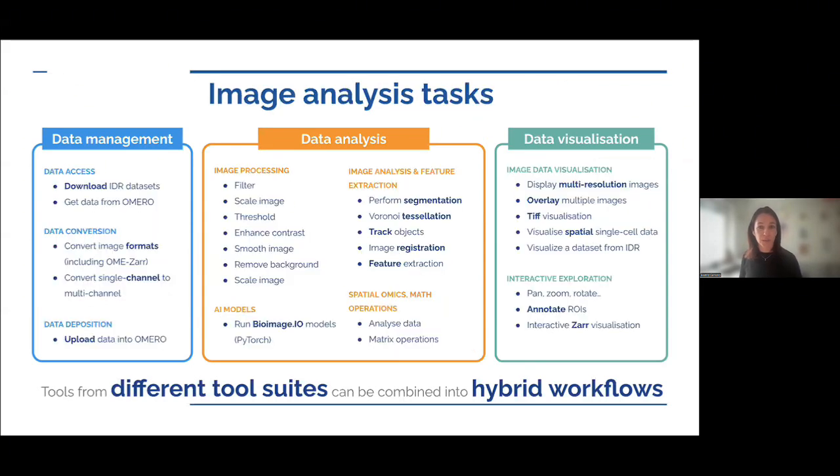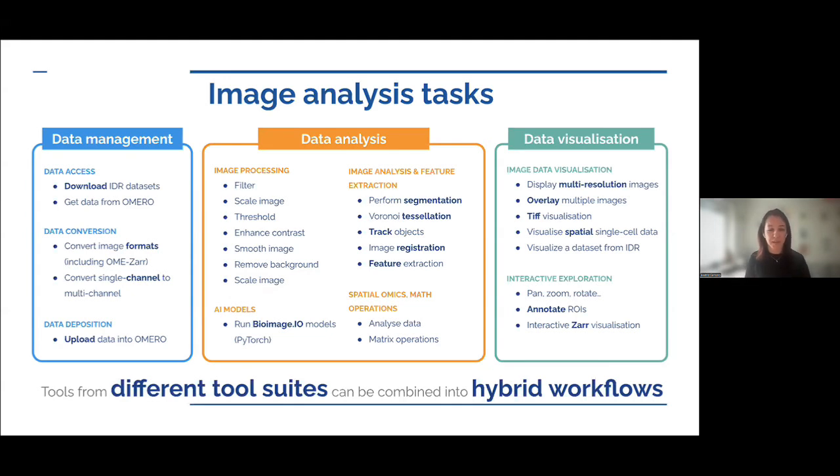So these are the tools, these are the tasks that are derived from these different tools. I guess you are already familiar with many of these that we show already, but basically it covers all the different aspects of the life cycle, from getting the data to doing something with it, to doing some image pre-processing if you need to, the image analysis, segmentation, registration, tracking, feature extraction, all these things. And then you can inspect the data visually at any time. It doesn't have to be at the end. Every time you do an activity, you will see that in the history, and then at any time you can go and visualize something to see what happened there.